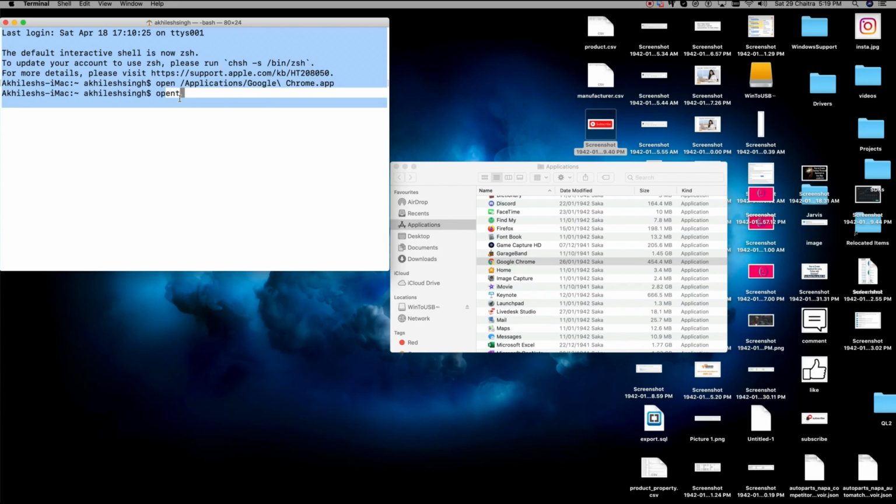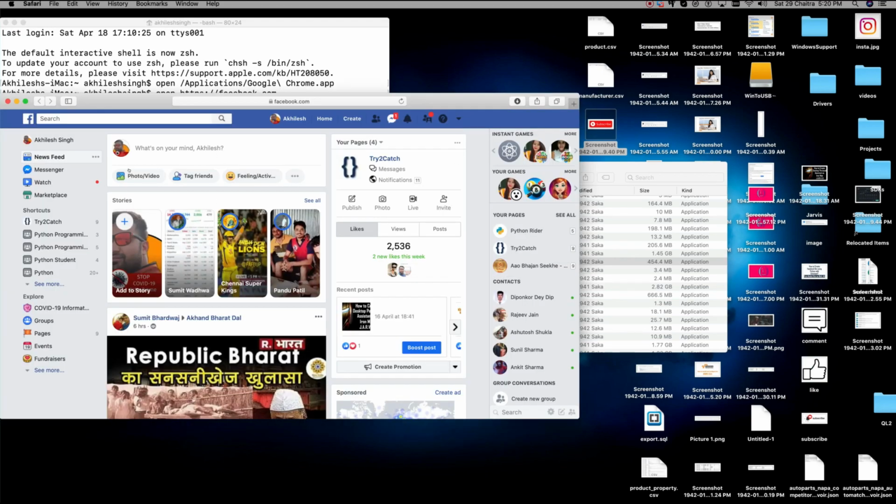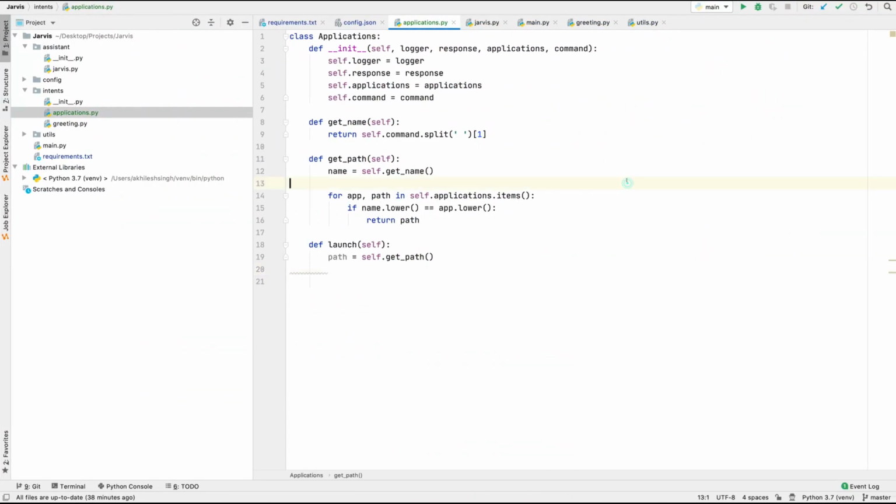And if I give Facebook, okay, open, what is happening here? Yeah, open https facebook.com. Here you can see I have my Facebook, right? So let me just go back to PyCharm. And if you are using Windows, then we have the command start, and you just give the application path and the social media site URL. So instead of open on Windows, we have the start command, right?